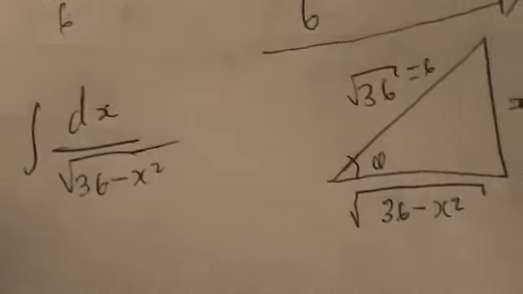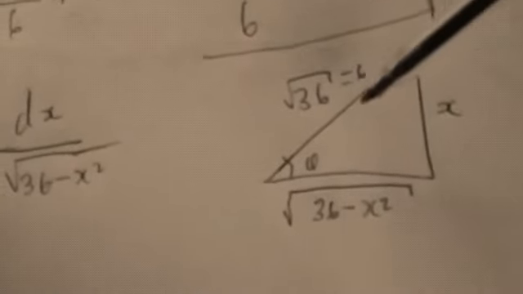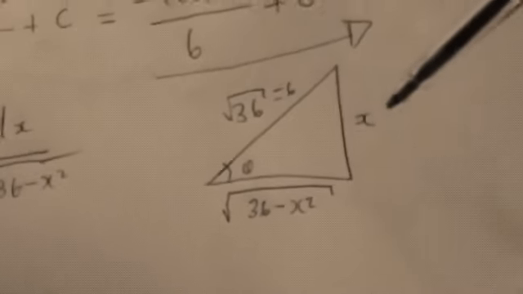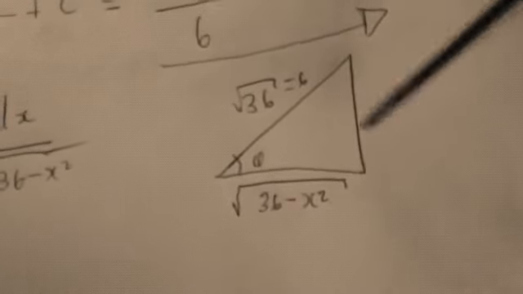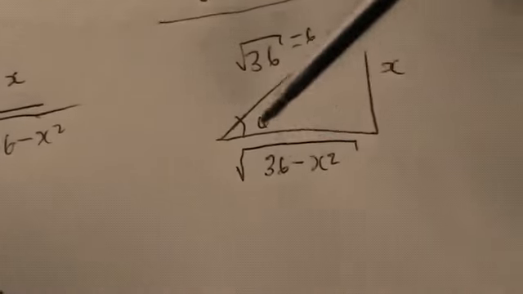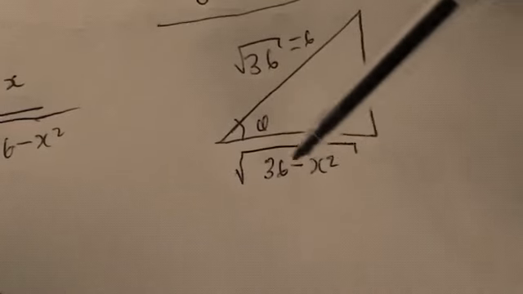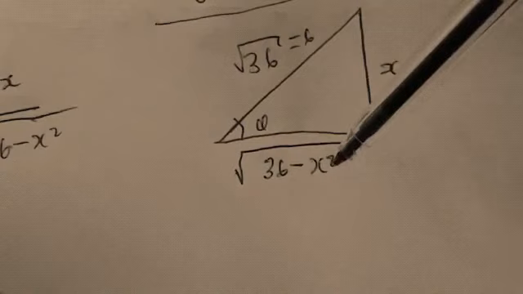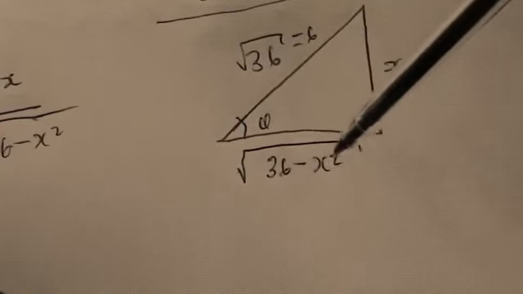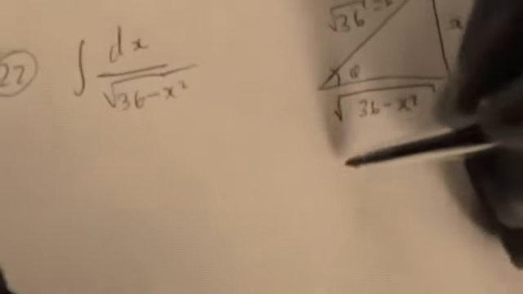So this will be the hypotenuse, which is the square root of 36, which is 6. And our x will be the opposite side, and therefore the adjacent side to the angle would be the square root of 36 minus x squared. And now we let